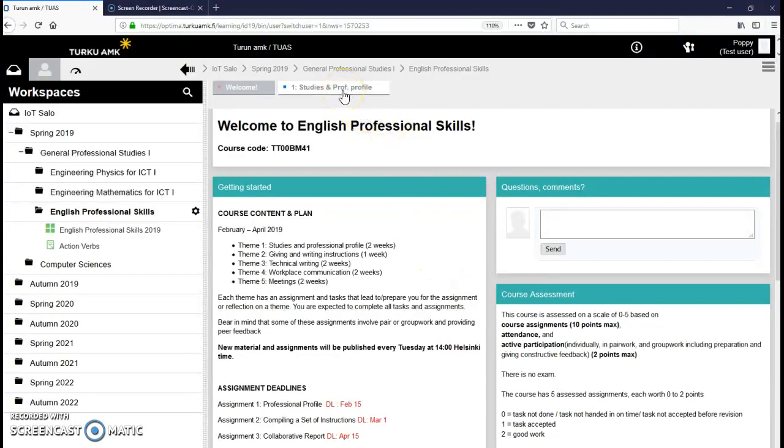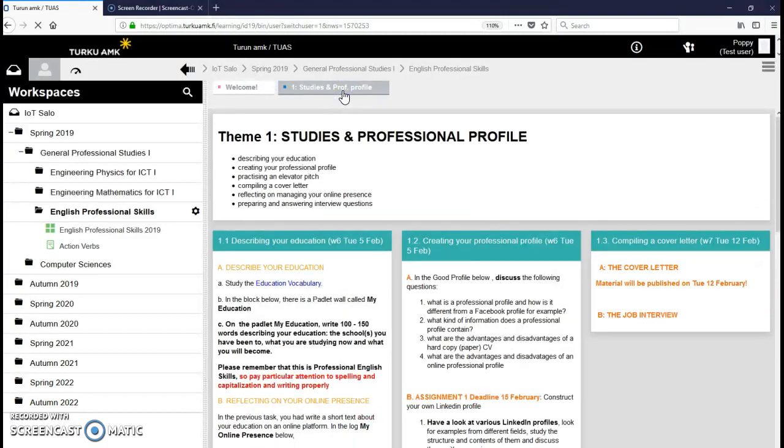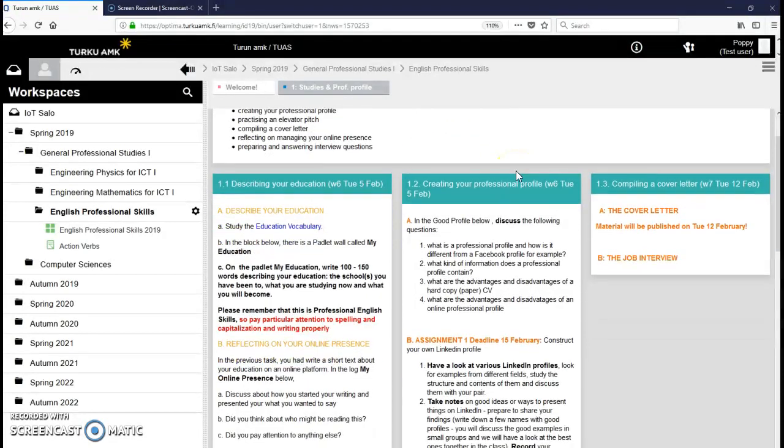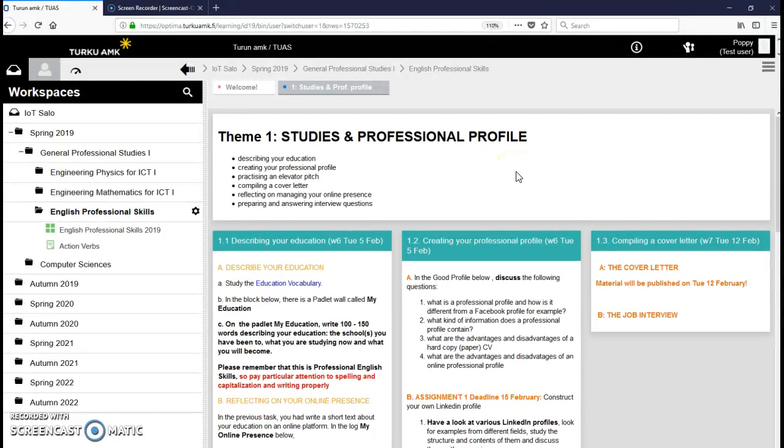So if I click on the tab Theme 1, Professional Studies and Professional Profile, I have spent a lot of time writing down exactly what you have to do, and please, follow my instructions. So here I have the theme, and then here I list the things that you are supposed to be learning and practicing when we deal with that particular theme. Then materials will be materializing